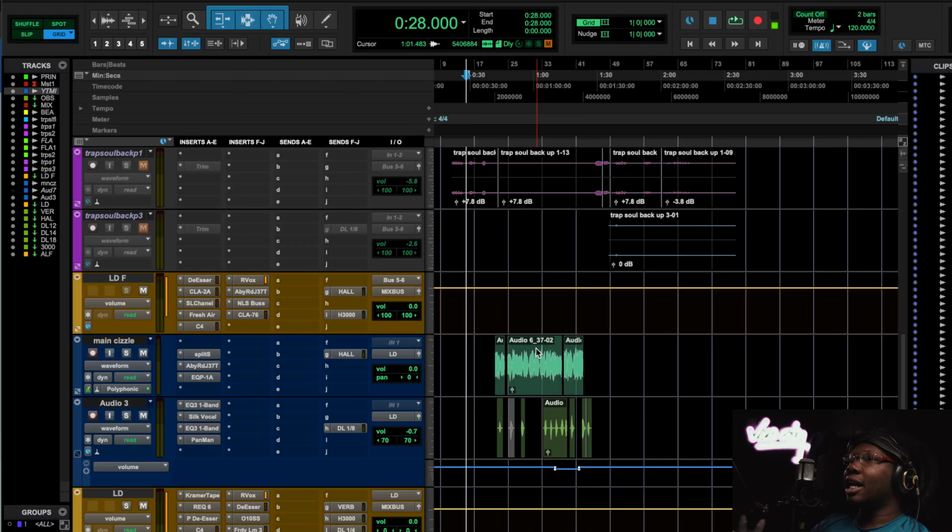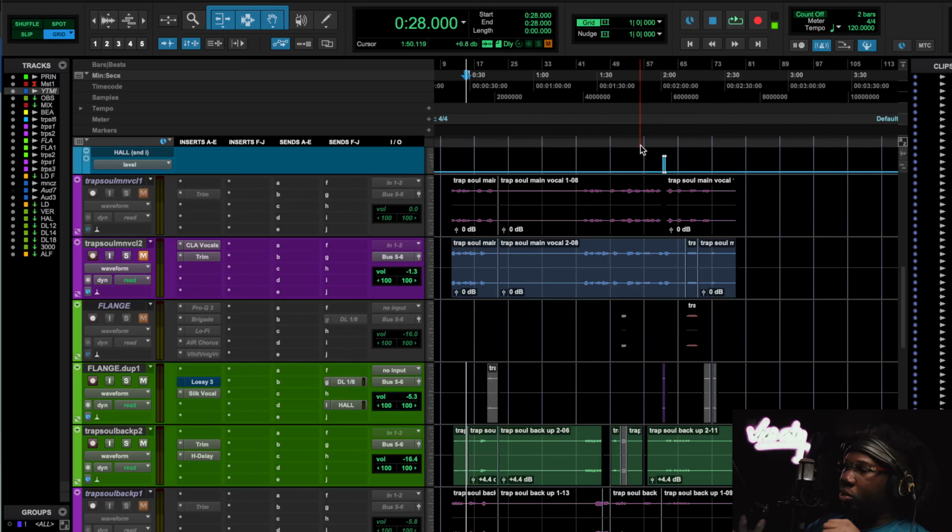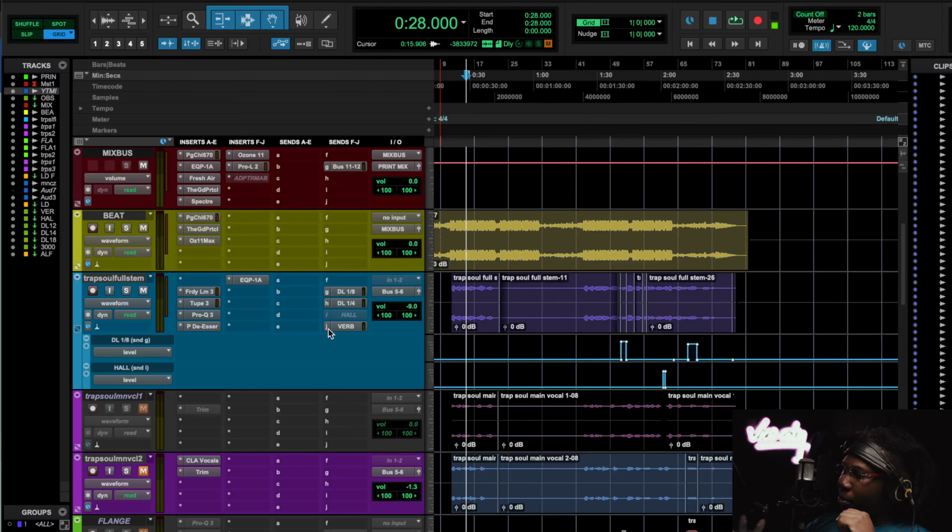I kind of see it like real estate. You feel me? When you're an engineer, you're like a real estate agent. You're showing around the house, you're showing around the backyard, you're showing off the front porch, the living room, and the pool and all this stuff inside the house. The mix is like the house, you feel me? And you're trying to get the people to come into the house emotionally. Okay, so boom, very first thing, pay attention to how